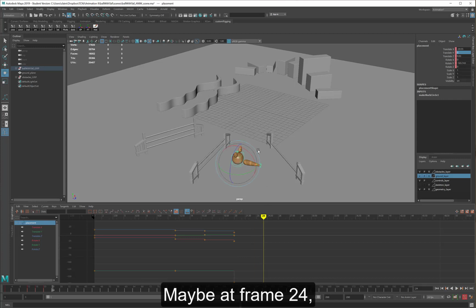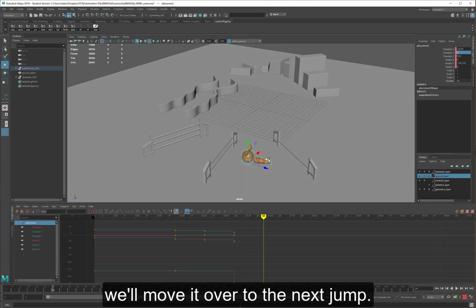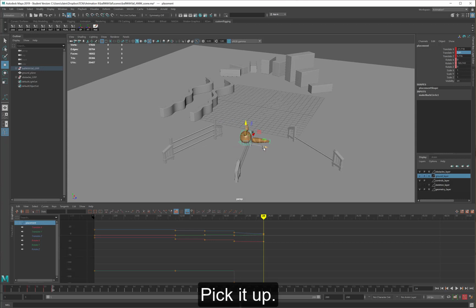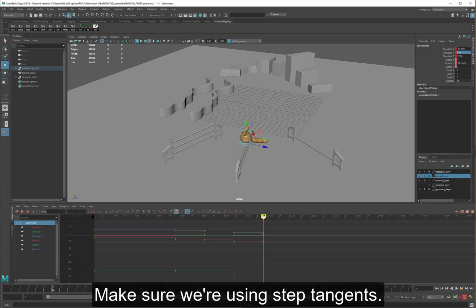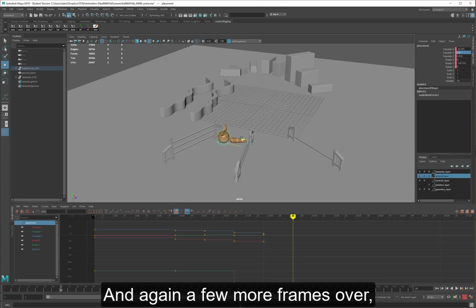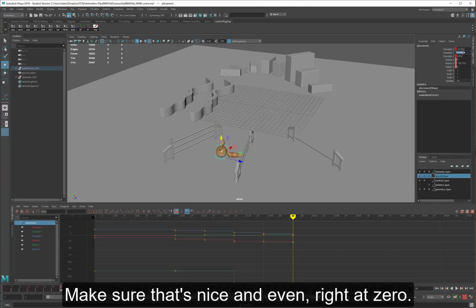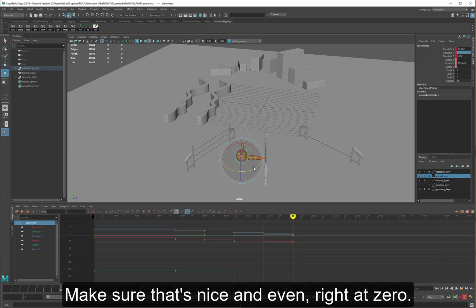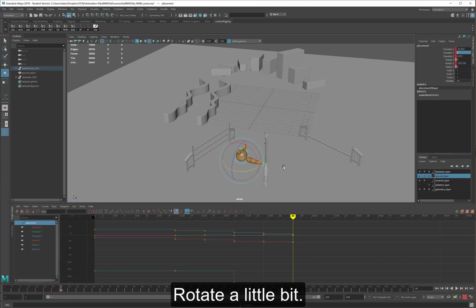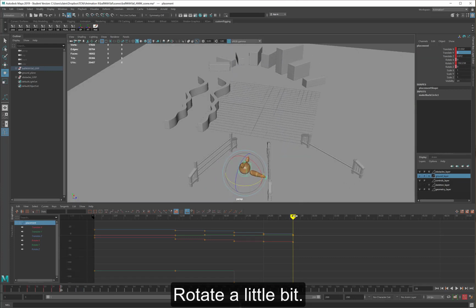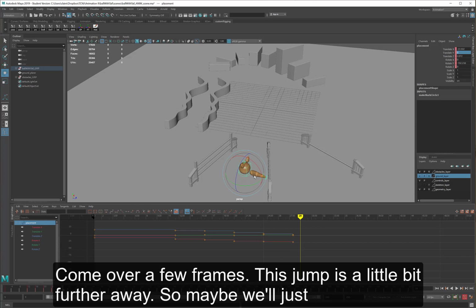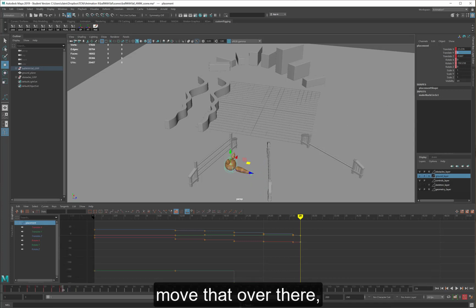Maybe at frame 24, we'll move it over to the next jump, pick it up, make sure we're using step tangents, and again a few more frames over, hit the ground, make sure that's nice and even right at 0, rotate a little bit, come over a few frames. This jump is a little bit further away, so maybe we'll just move that over there, key translate Y,